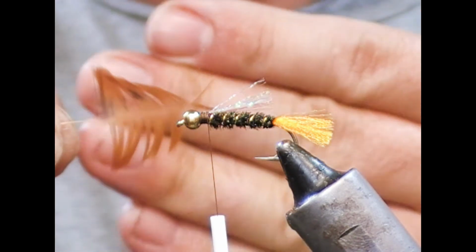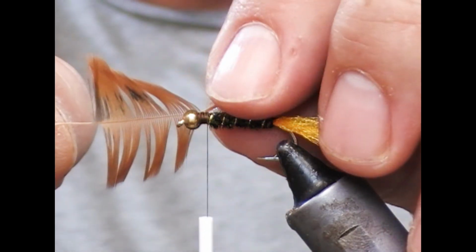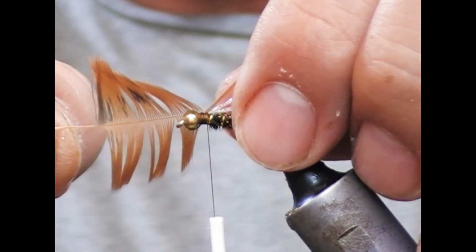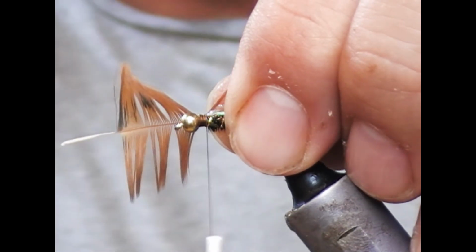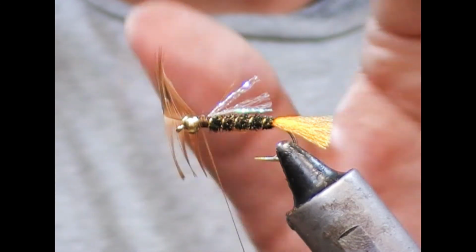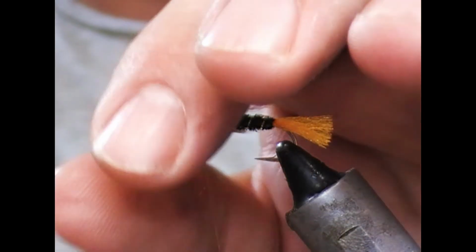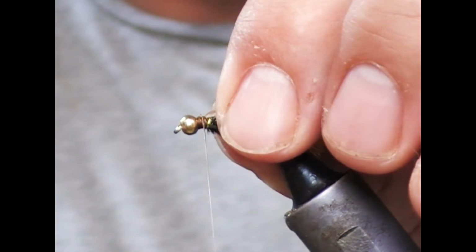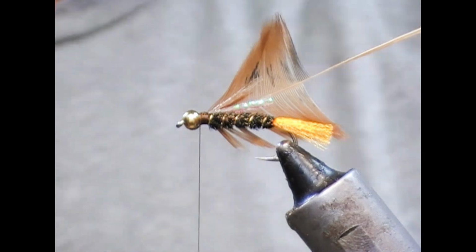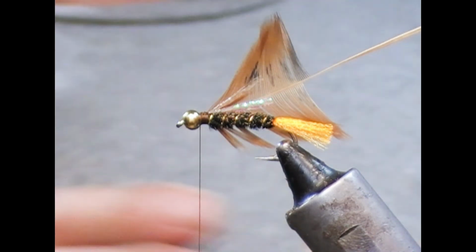I'm going to keep the dull side towards me and the good side towards the fly, because what I'm going to do is put that up to the side of the fly, then I hold my thumb against it. That allows me to tie across just that little bit of stock that's between the V that I've created, and then I fold it back and tie over that. That's our hackle secured,